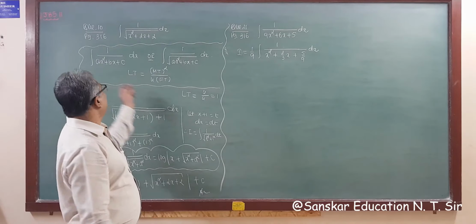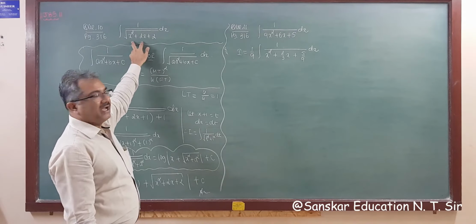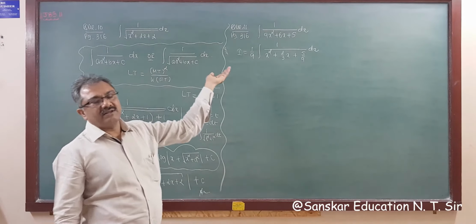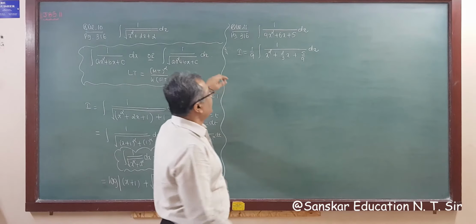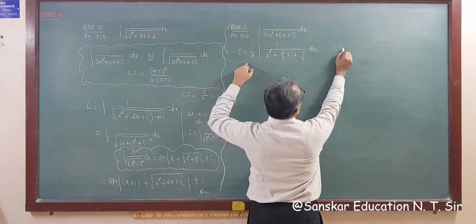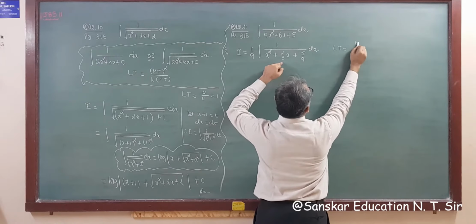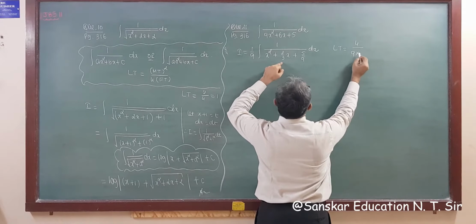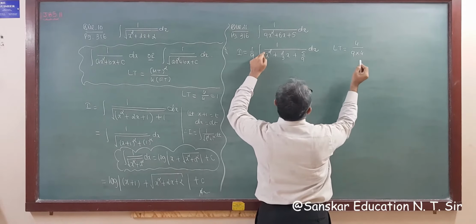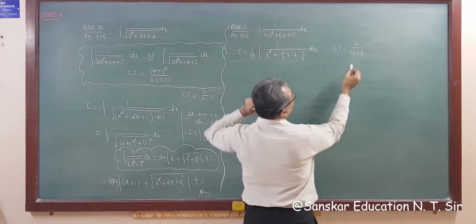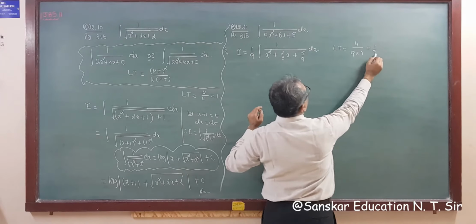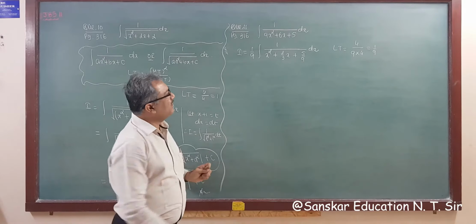Now this is in quadratic form, and if it is quadratic form and the numerator is 1, then we have to find out the last term. So the last term will be here: middle term square. Middle term square means 4 by 9, into 4 into first term is 1. So this 4 will be cut. So what do we get? The last term will be 1 upon 9.